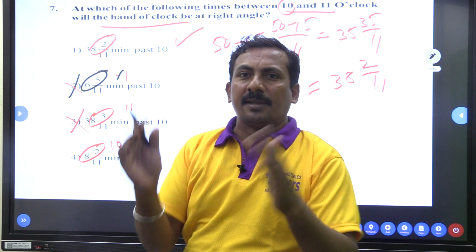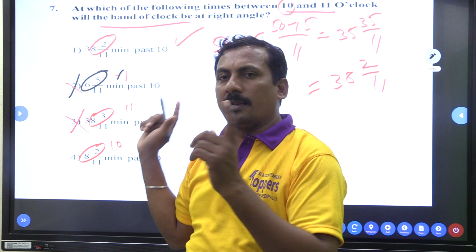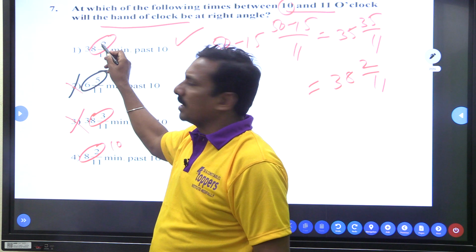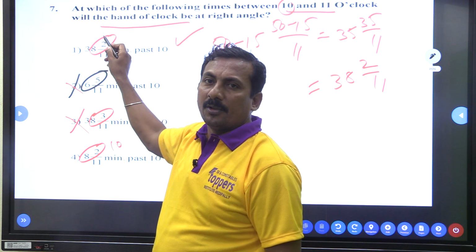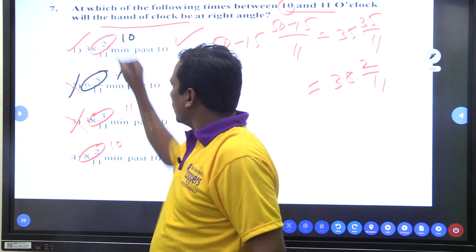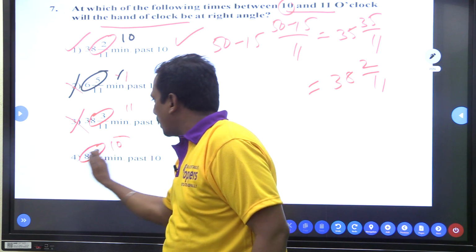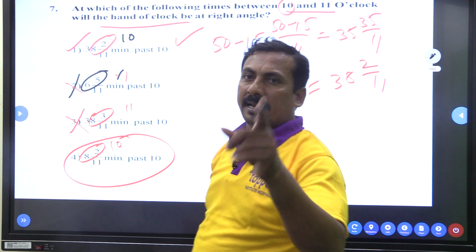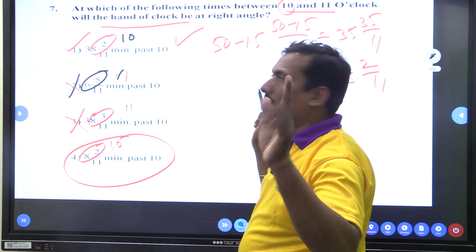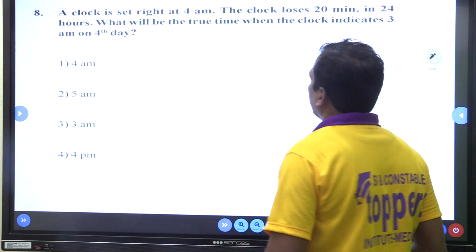If both answers are given, use the previous method we discussed. The better method is that the sum of the numerator value and the whole number value equals 10; that is the right answer. Sir, here the other option is not the correct answer. Why? Because this is the answer. I hope you understand. One more question.